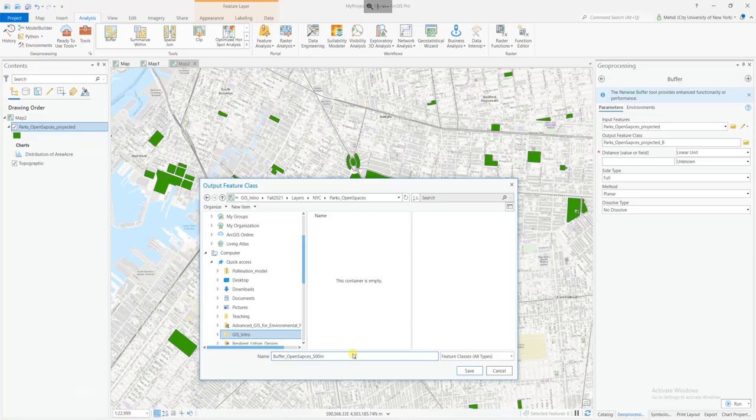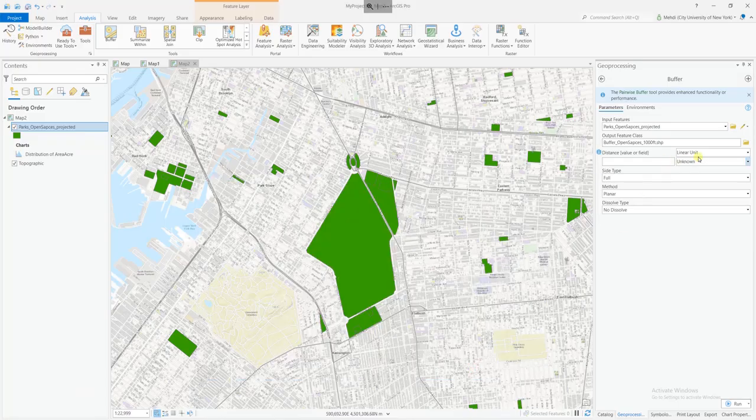Let's choose 500 meters, or if you are comfortable with feet, you can say, for example, 1000 feet. Let's save this, and now we have here the option to use the linear unit. The unit will be feet, and I can say 1000 around these from the outside boundary. Actually, that will be calculated. A few things about these tools,